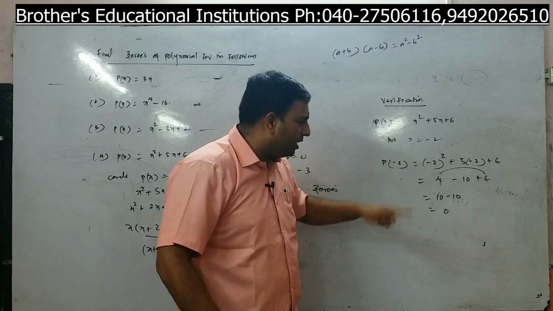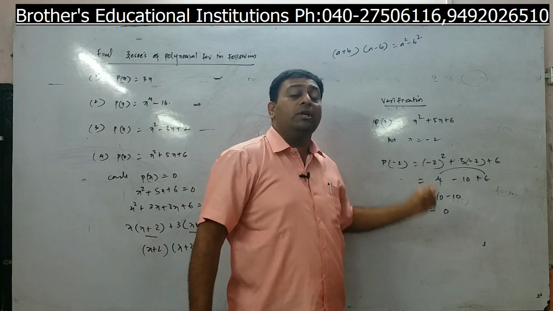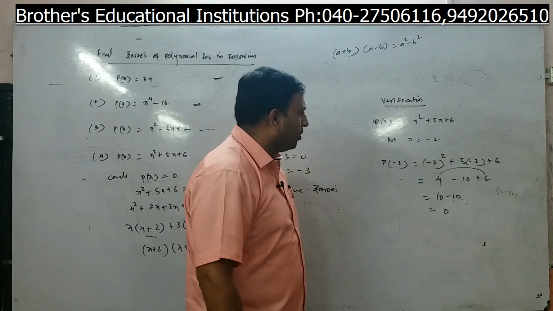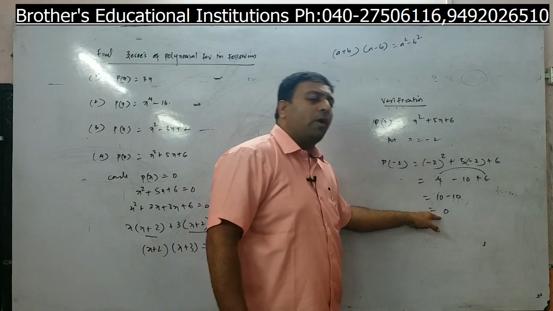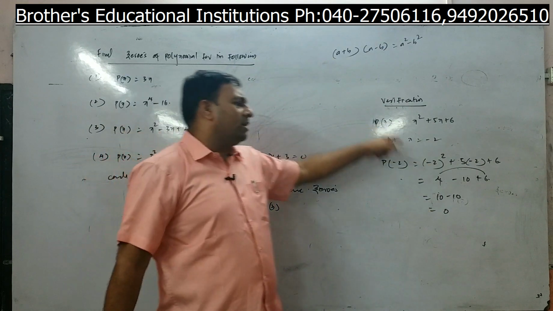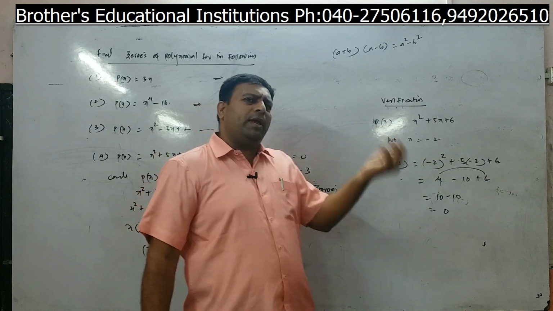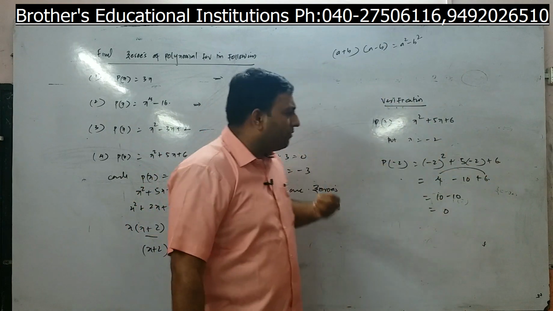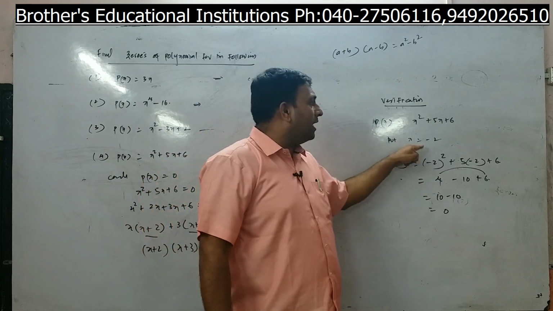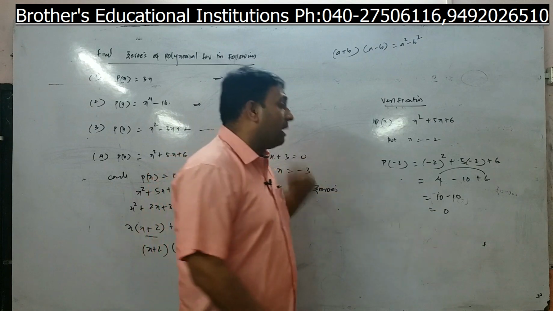I repeat the definition. It is the value of x for which the polynomial becomes 0. That is the definition of 0 of a polynomial. If I put x is equal to minus 3 also, I am sure the result is what? 0. Other than that, if you put any other value, then that becomes a value of a polynomial, right? If the value of a polynomial becomes 0, then that x value is called 0 of a polynomial. Please go through and repeat this 100 times.